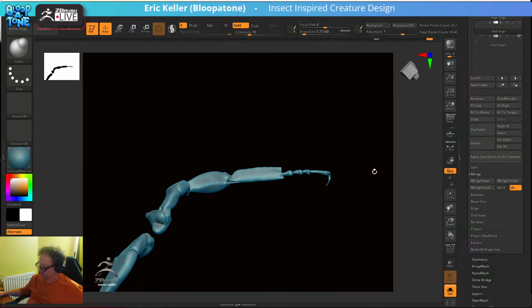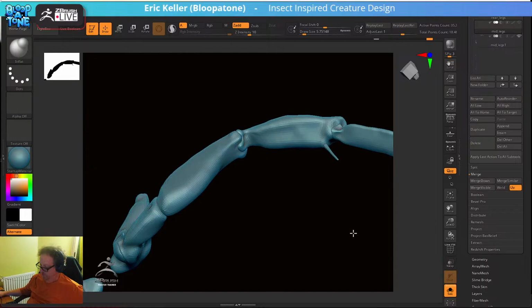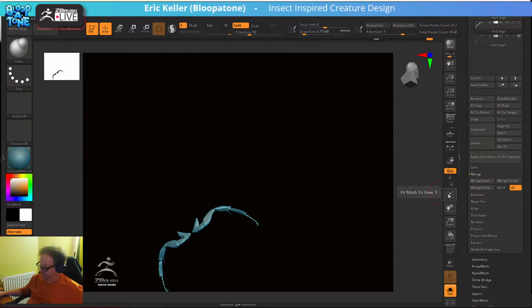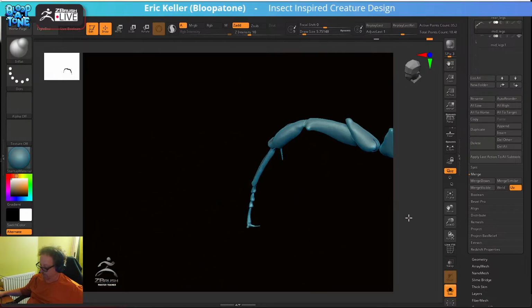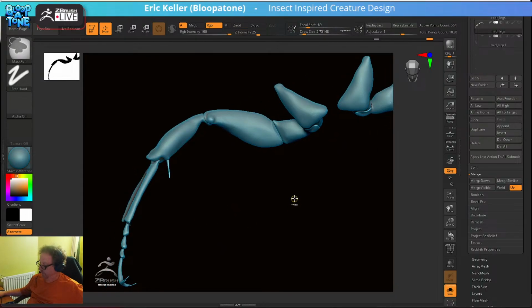There we go. So now we fix that issue with the geometry. So now we have this, which is a very simplified version of our legs. We lost a lot of the detail, but we can get that back. I'm going to subdivide this a couple times. And we have this right here,